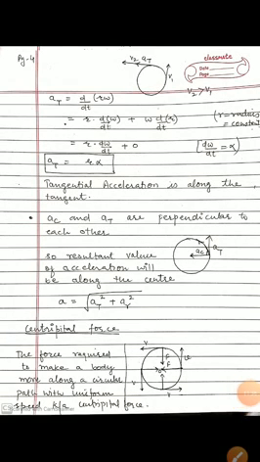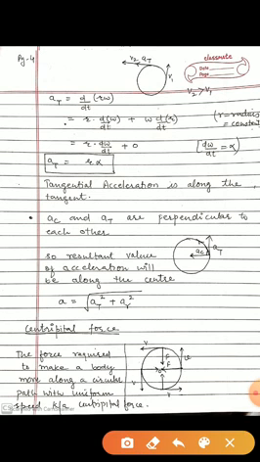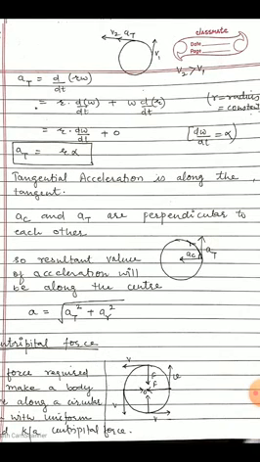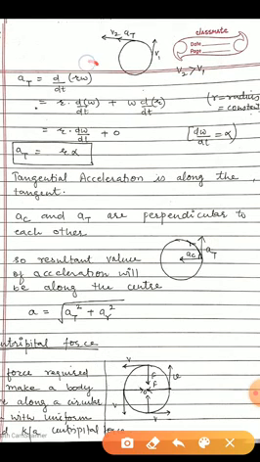Now, after putting the value of this r omega, we will have to apply the product rule for the differentiation. According to the product rule, r omega is the product value. According to this rule, r, the first function as it is, into the differentiation of the second, that is omega, plus the second function as it is, omega, into the differentiation of the first function.